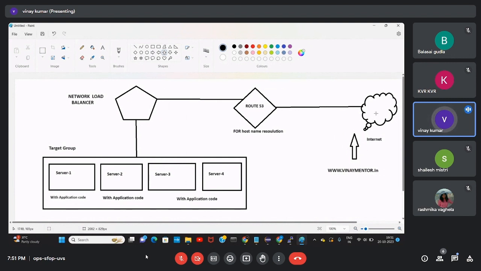It will check where it was stored. It will go to Route 53. Route 53 will say we are attaching our DNS, right? Then Route 53 sends it to the load balancer.